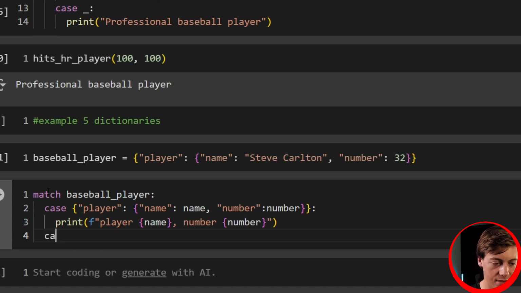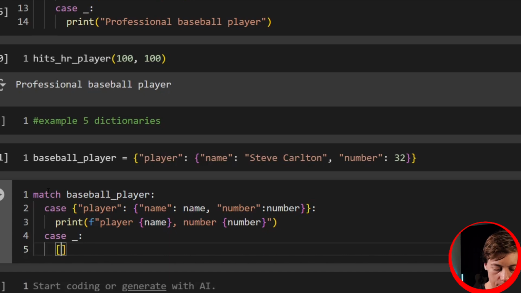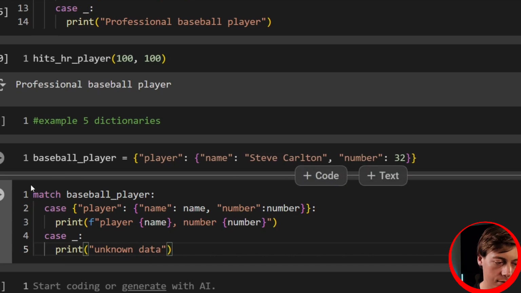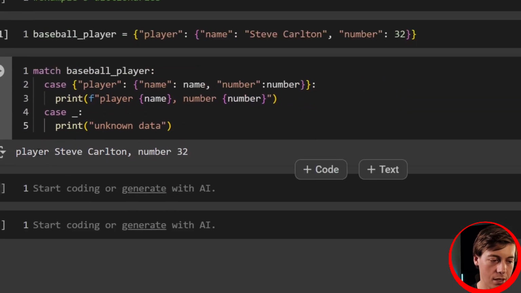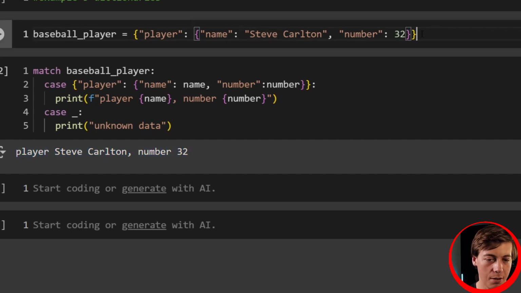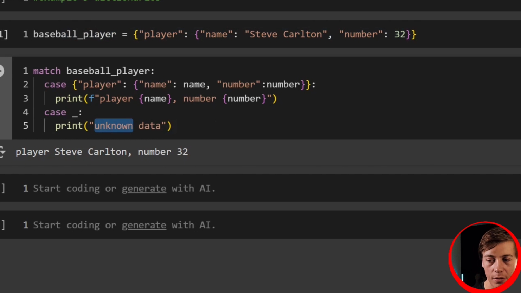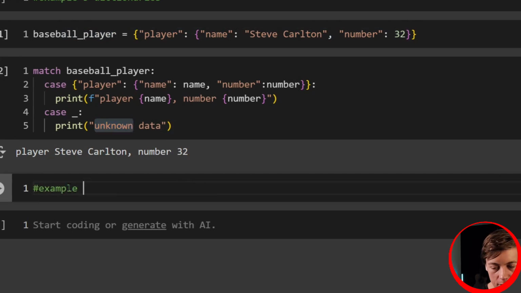and then we need to build out our case for invalid inputs. Let's see, print unknown data, and it prints out player Steve Carlton number 32 because we have a valid input. If we change this up, we would get the unknown data. And our last example over here, example 6, we're going to match lists this time, and we'll go back into